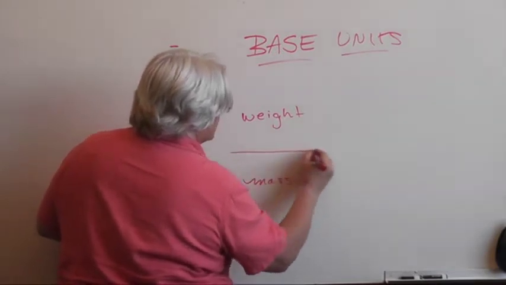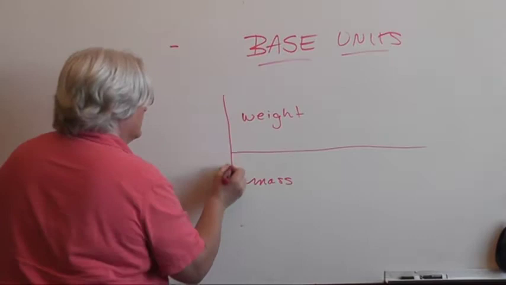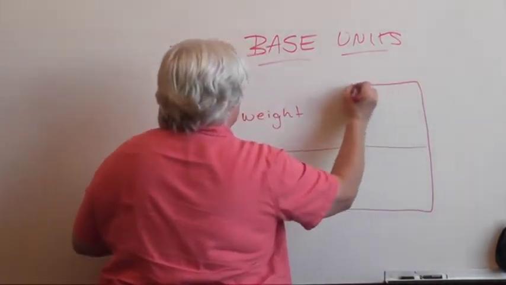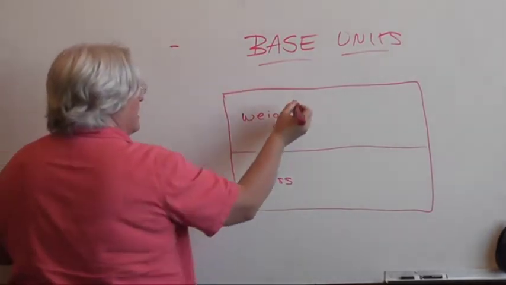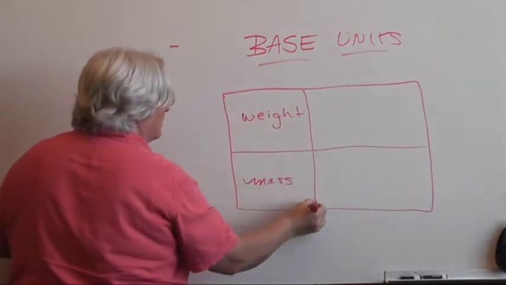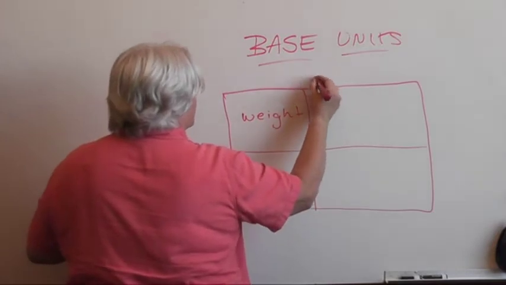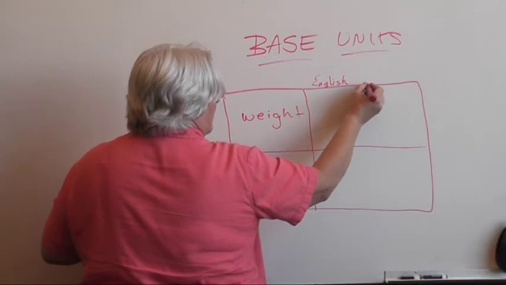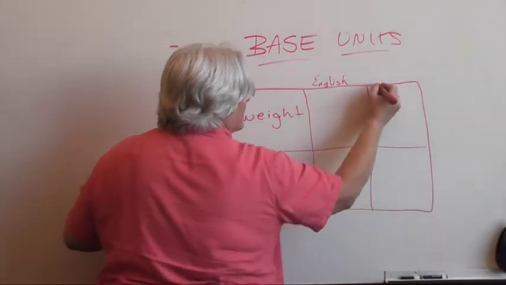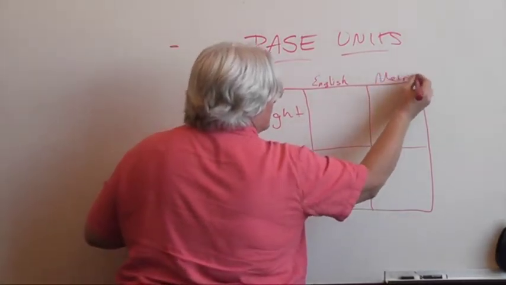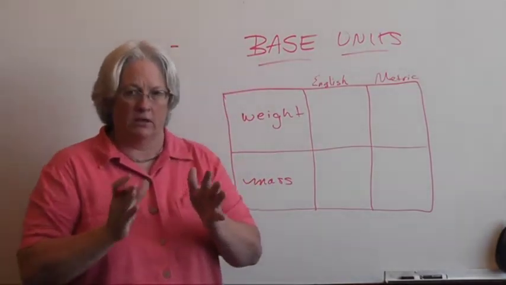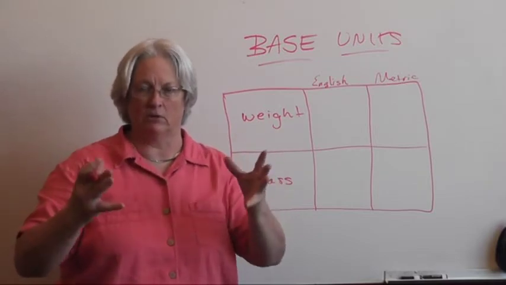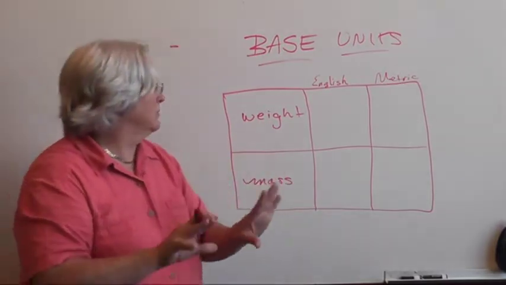Remember that mass is independent of your location. Your mass is going to be the same on the moon as it is on Neptune, as it is on Mars, as it is on some star. And you have English units, which is what we use, and you have metric units. And the metric system is the language of the international science community. It's the language of science in general, and it's the measurement system of the world.